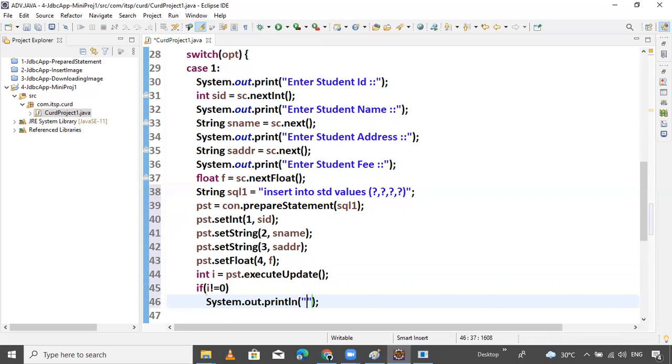Yes, print the data: record inserted. Like print the I value. Otherwise, we print simply SID. Yes, it's better. Let's suppose you entered 101, record inserted.